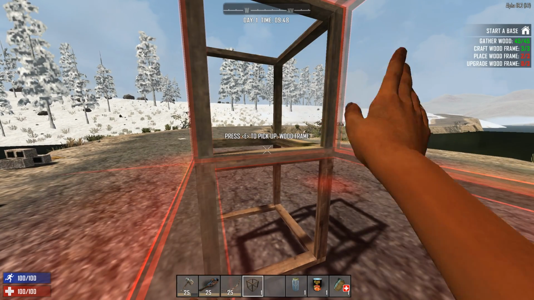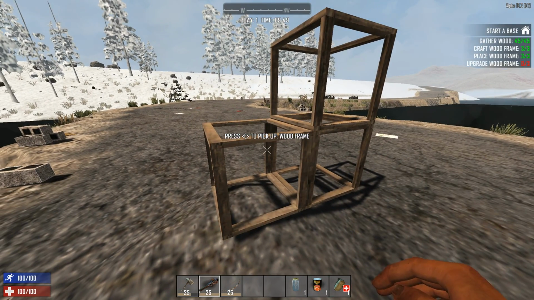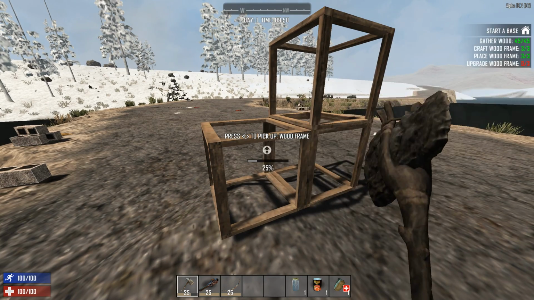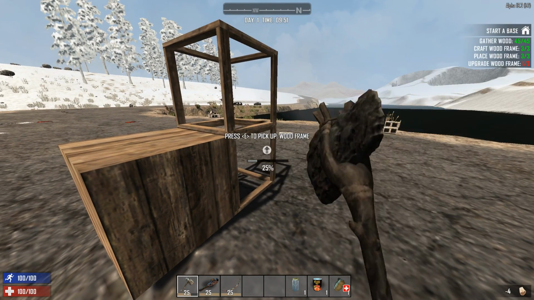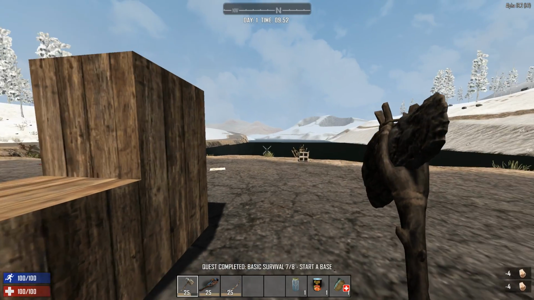Now these are your wood blocks. They're essential for building basically anything and everything, and you're going to need it when you're ready to start building for Horde Night. We'll upgrade these to get on to our next tutorial. Perfect. Next one should be...